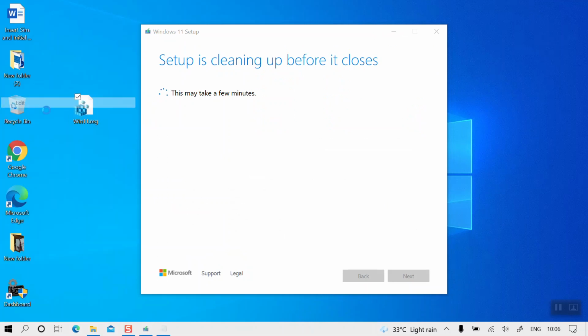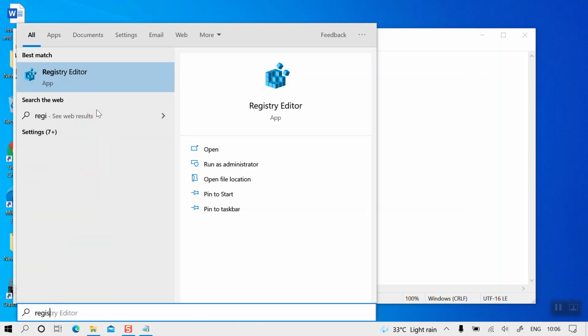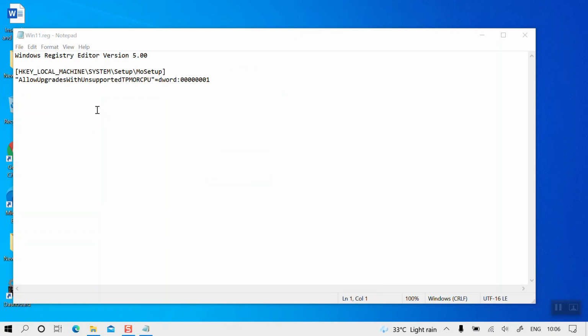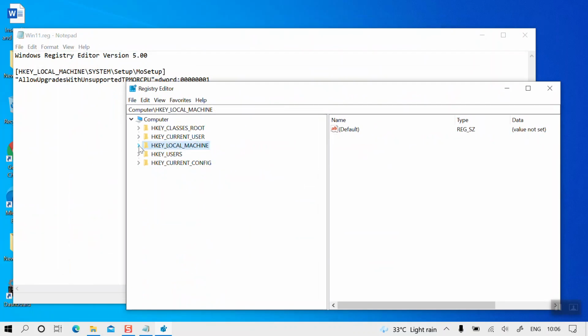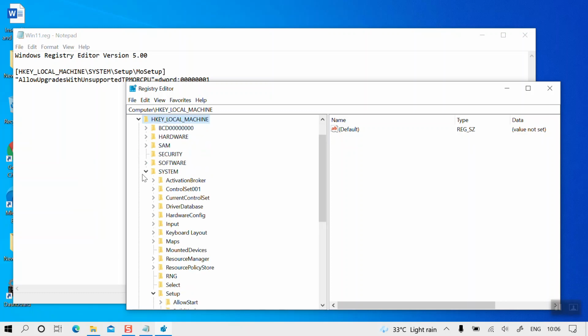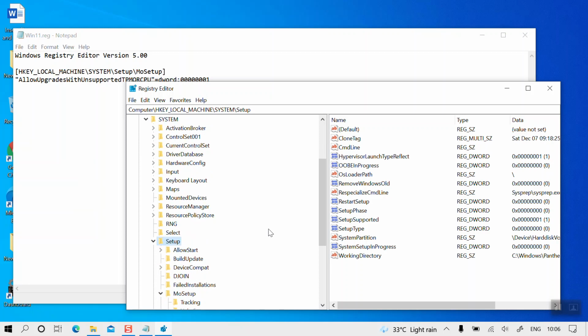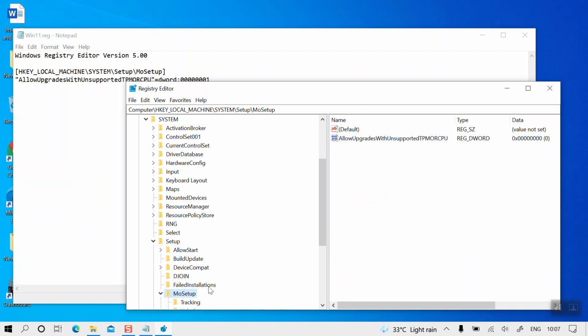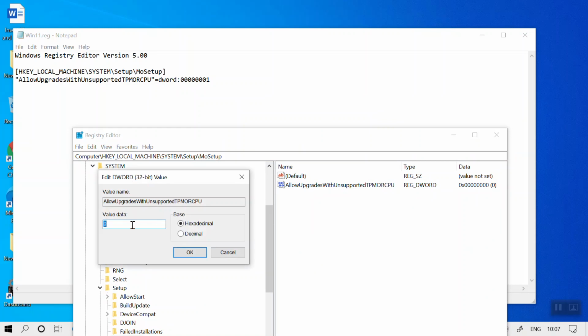Microsoft, we need to create a registry entry. Let's go to Registry Editor, and we need to navigate to HKEY_LOCAL_MACHINE\SYSTEM\Setup\MoSetup, and then create a new entry, if it is not already there, AllowUpgradesWithUnsupportedTPMOrCPU with a value of 1.